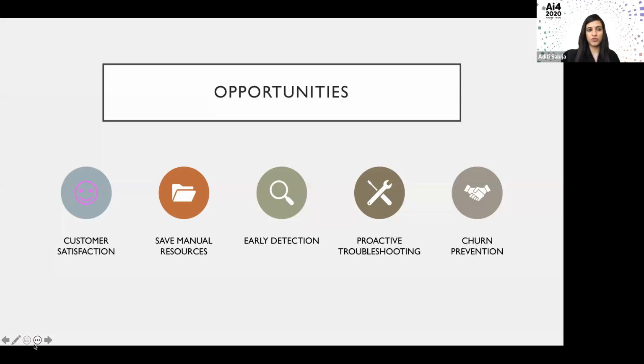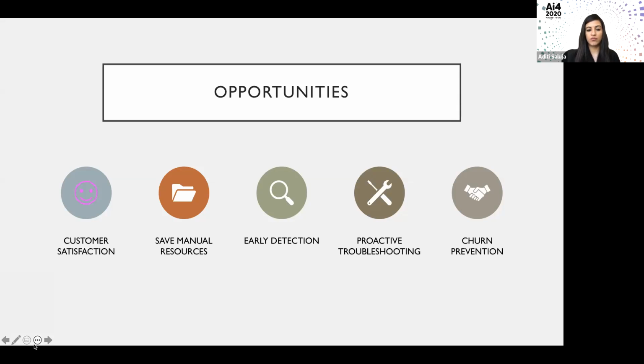These are the following opportunities that come with this project. Well, customer satisfaction is the key to T-Mobile, and this project is going to help satisfy the customer because now they will have very engaging conversations. The care agent will know their problem beforehand. The second opportunity that comes with this project is saving the manual resources. We will be saving the number of calls to care, and at the same time, the duration of the call, because now the care agent is aware about the issues that the customer is going to potentially face.